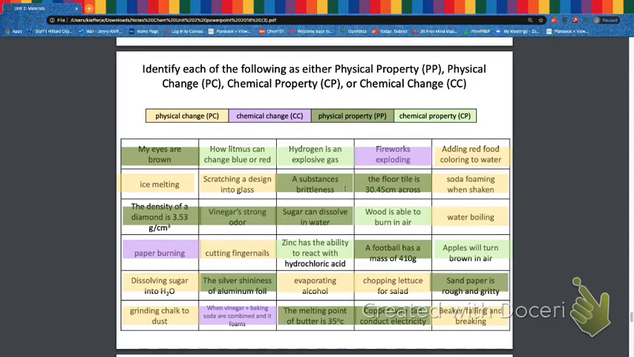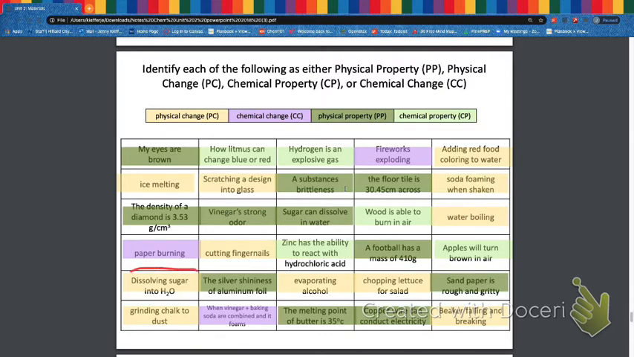Our floor tile is 30.45 centimeters across. That's a physical property. Wood is able to burn in air. That's a chemical property. Football has a mass of 410 grams. Physical property. Chopping lettuce, physical change. Copper wire can conduct electricity. That's a physical property. And I'll tell you the ones that most students kind of get tripped up on